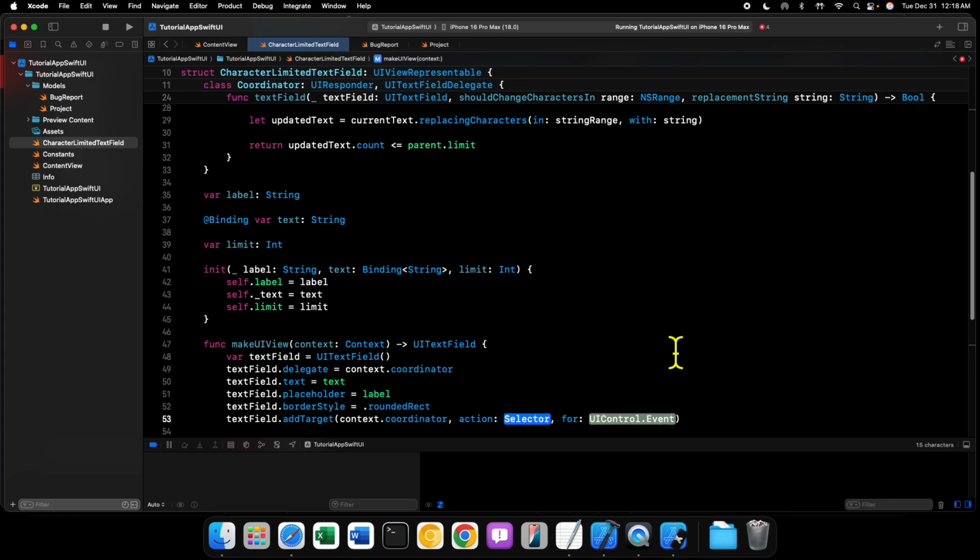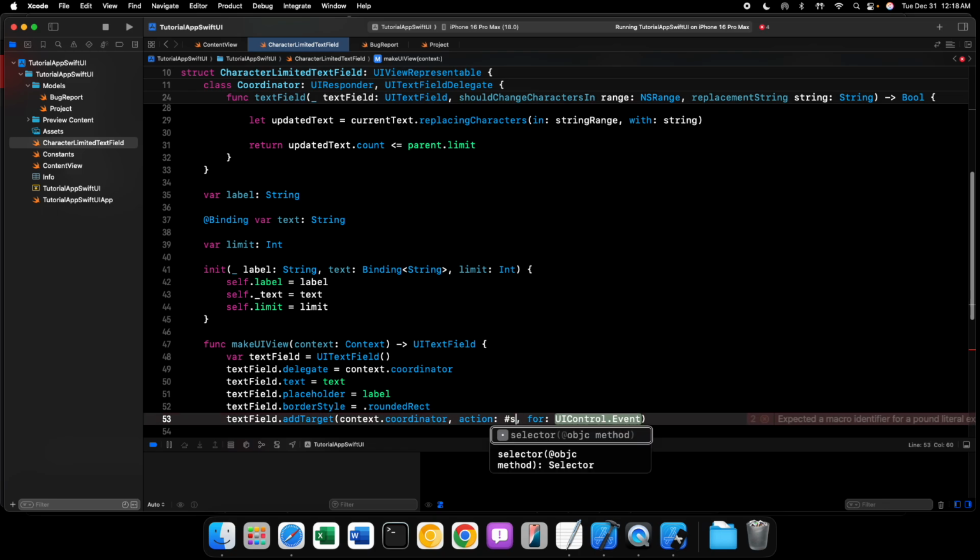And then the action, this is a selector type. Now this is something, again, that is a relic to UIKit. Because UIKit was written in Objective-C, we need a way to communicate with Objective-C, and that's what these selectors are for. So we can say #selector,